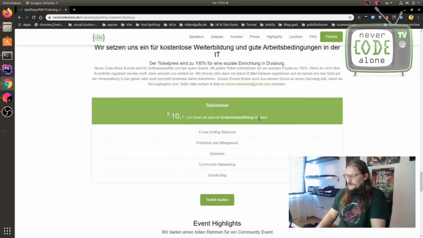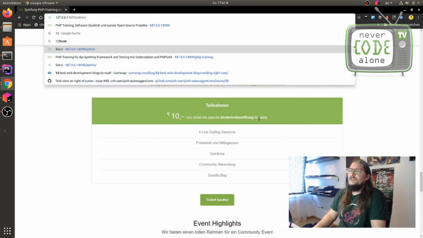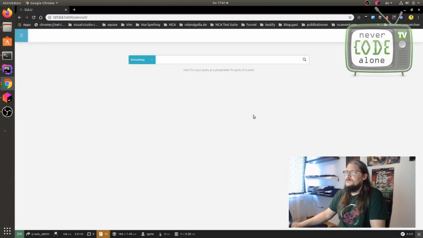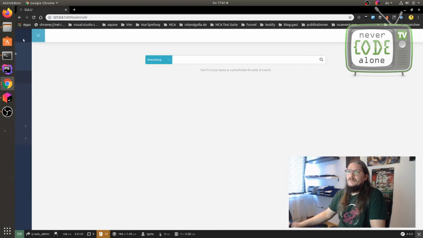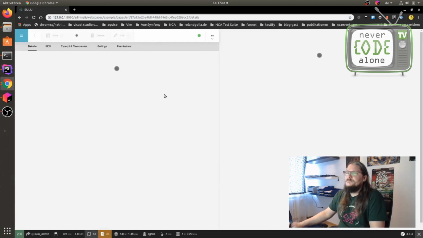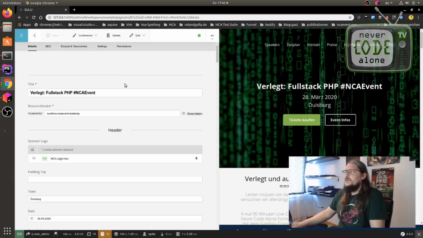So when I see my local machine here, I have an admin interface, and I have now my Zulu backend. Here I got a project, and I want to make here the optional field for the buy ticket button.